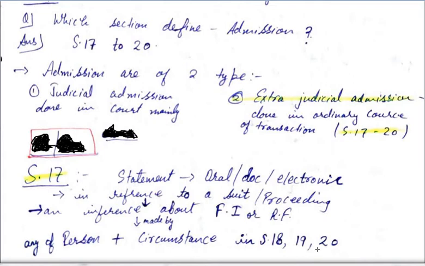18 till 20, then it will be considered to be an admission. So a statement of its own will never be an admission. A statement, in order to be an admission, has always to be seen in reference to a suit or proceeding, and in that suit or proceeding we find out the fact in issue or relevant fact, and you see whether that statement is suggesting any inference about the fact in issue or relevant fact, and if yes, then if it was made by a person who has been described in section 18 till 20, and in those circumstances, then only it will be an